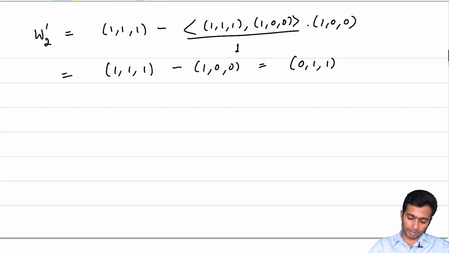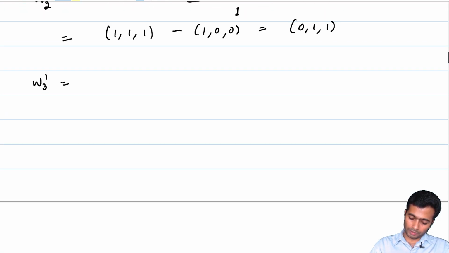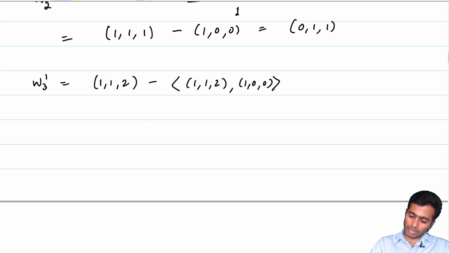That's W2 prime. And what about W3 prime? W3 prime will just be equal to 1, 1, 2 minus the inner product of 1, 1, 2 with 1, 0, 0 times 1, 0, 0